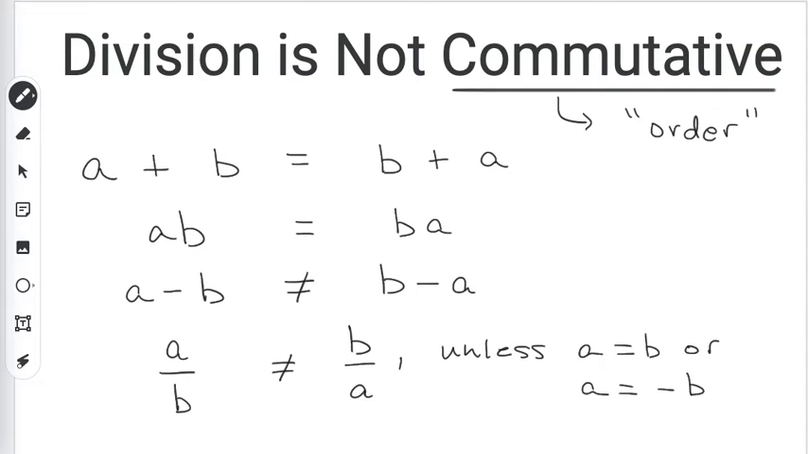So I'll give you a quick example. Let's say we have 4 divided by 2. Is that the same thing as what we would get if we reverse the order of division? Well, 4 divided by 2 is going to give me 2. But 2 divided by 4, I can simplify that to give me the fraction 1/2. And since 2 is not equal to 1/2, that's one of the examples where division is shown to not be